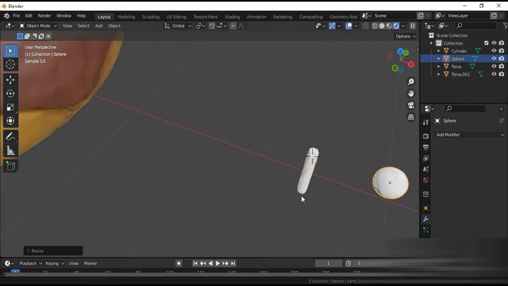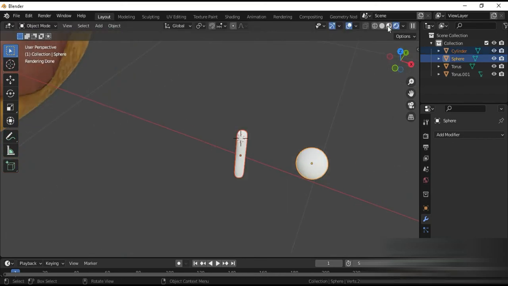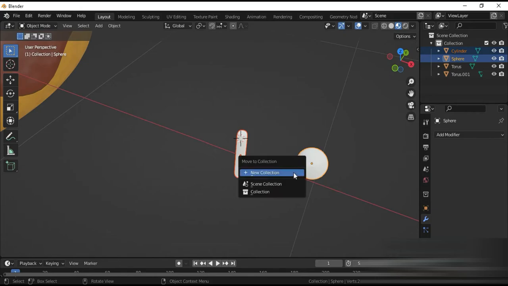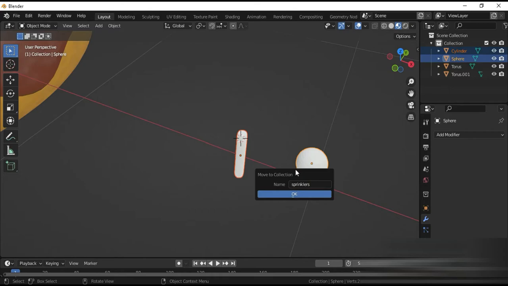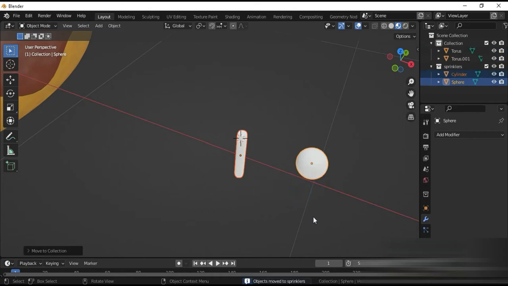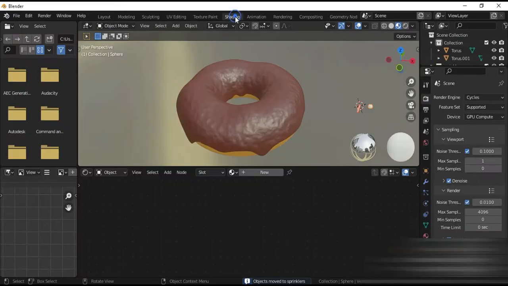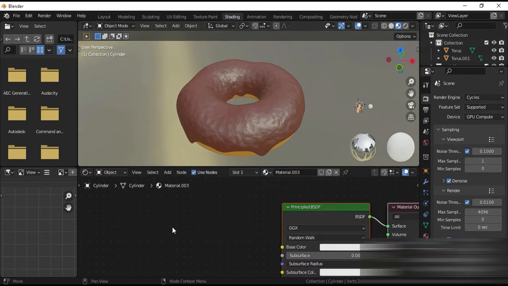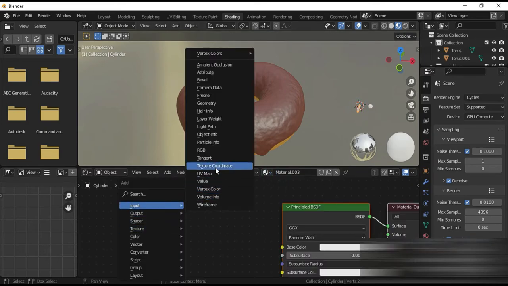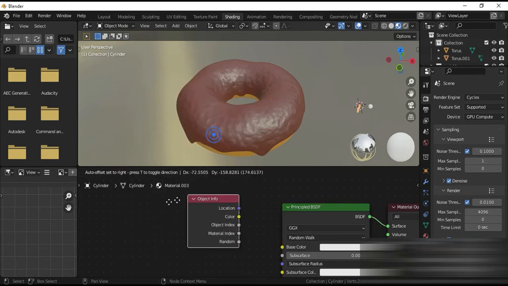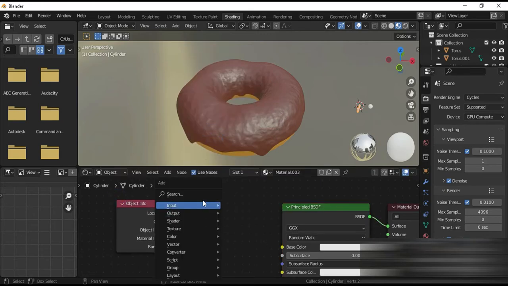I mean, they have different shapes. Now let's select both of them and move to new collection, sprinkles. And alright, we made a new collection. So now the shading of that is also important. So new material and Shift A for object, and Shift A for